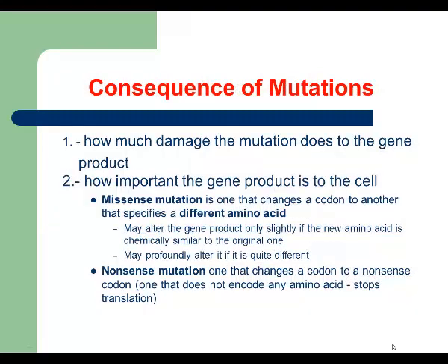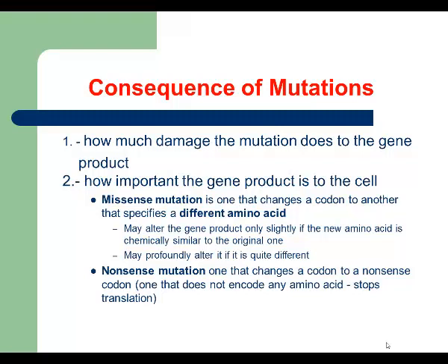Let's talk about consequences of mutations. Actually, two factors determine how serious a mutation will be for a cell. Number one, how much damage the mutation does to the gene, and number two, how important the gene product is to the cell. For example, missense mutation. When a missense mutation occurs, it means one amino acid in the protein will be replaced with a different amino acid. If that new amino acid is very similar in structure to the amino acid that's supposed to be in that region, it results in a change of function of the protein,